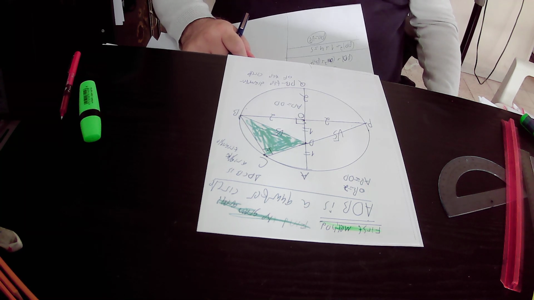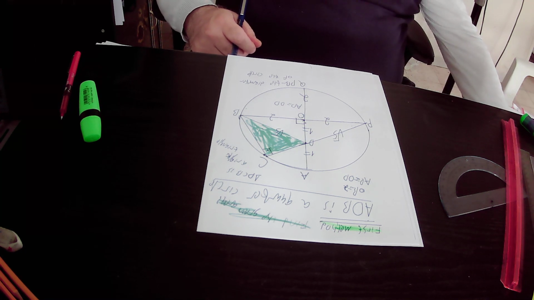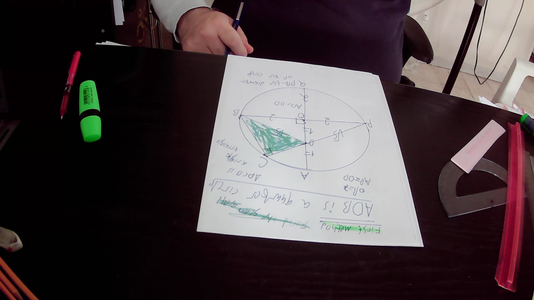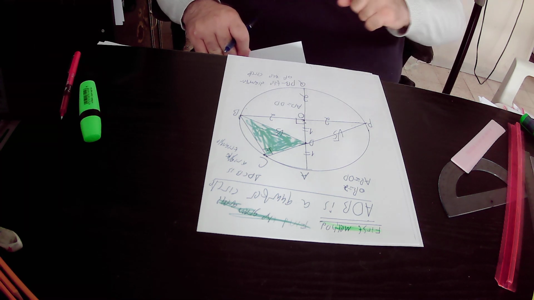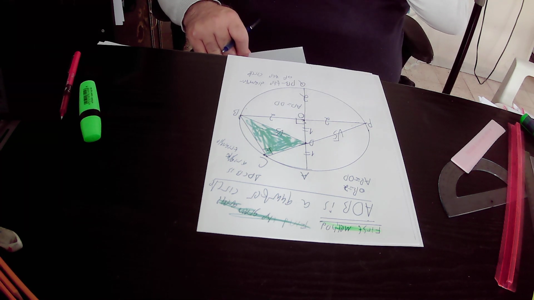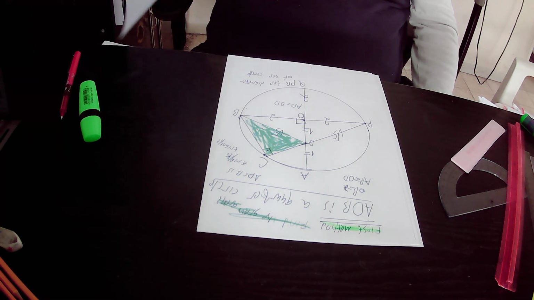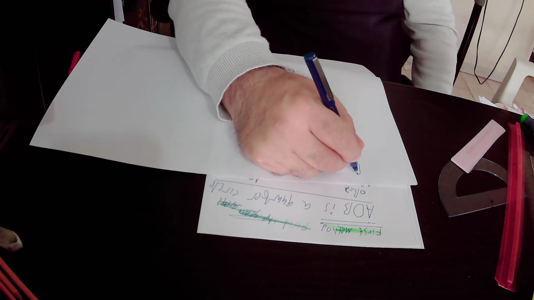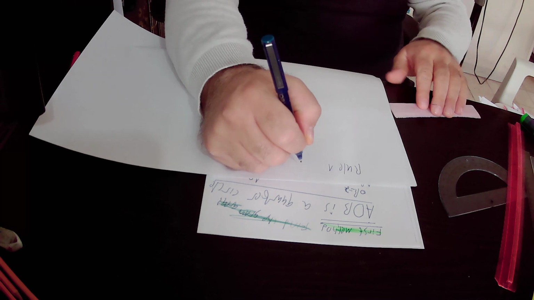In the next step, I will present to you a rule that is related to two chords that intersect with each other inside the circle, and we'll implement the rule in our drawing. So here it will be rule number 1. According to rule number 1,